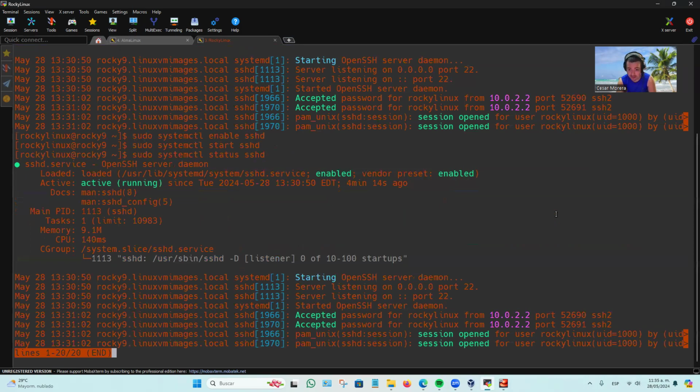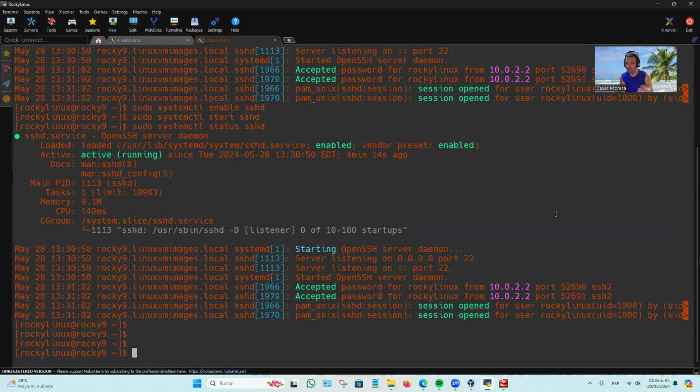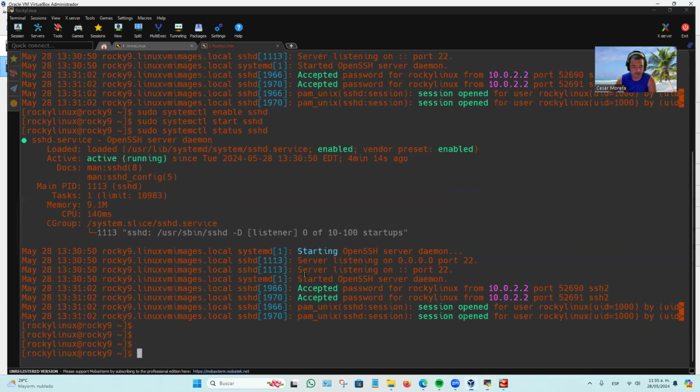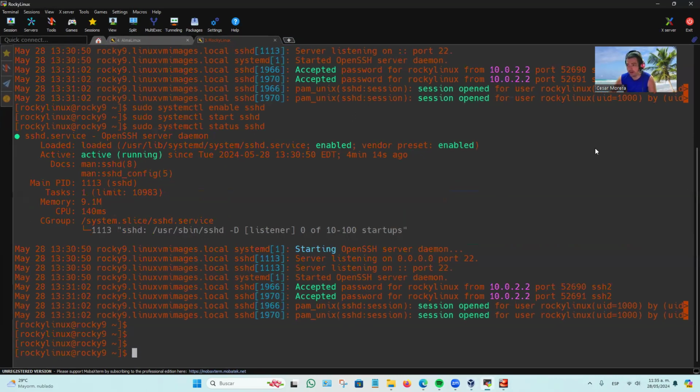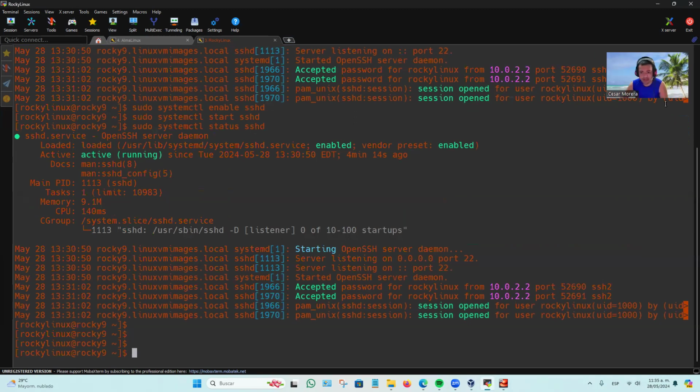Once you see everything is enabled and up and running, you should be able to get a connection from your virtual machines to the MobaXterm that I showed you guys previously how to install. So that's pretty much everything for today's lesson. I hope that you have learned a lot. I will share the link where you can actually download the pre-configured images for the Alma Linux and the Rocky Linux